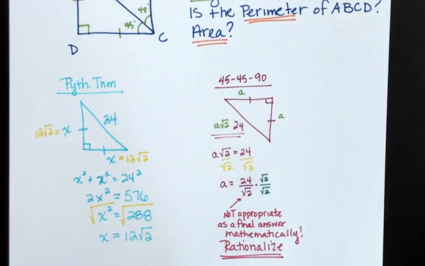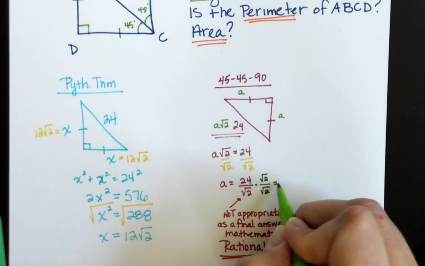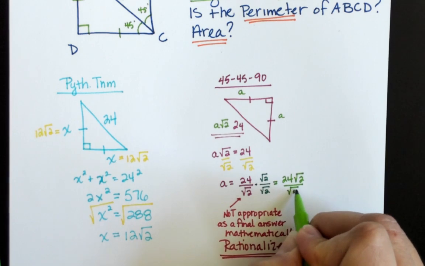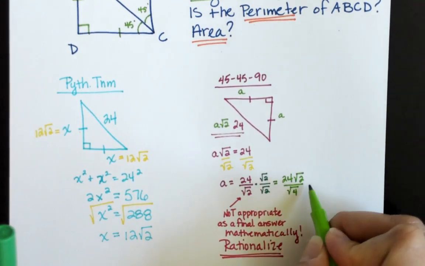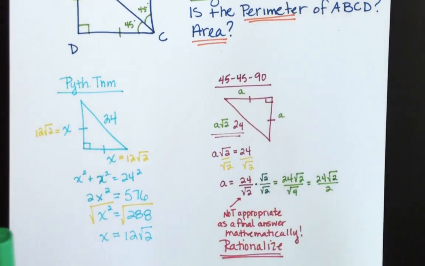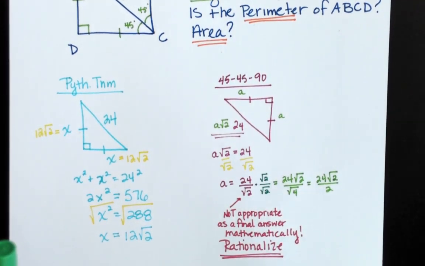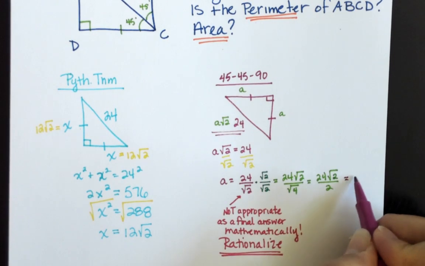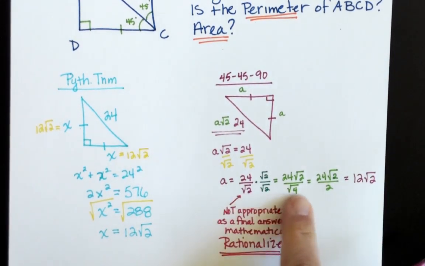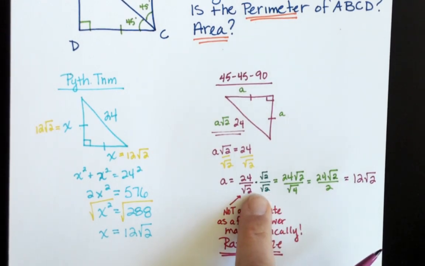So what we end up with now is 24 radical 2 over the square root of 4. And we know that the square root of 4 is 2. And 24 divided by 2 is 12 radical 2. Now this pattern is again something that we talked about at the beginning of the year,